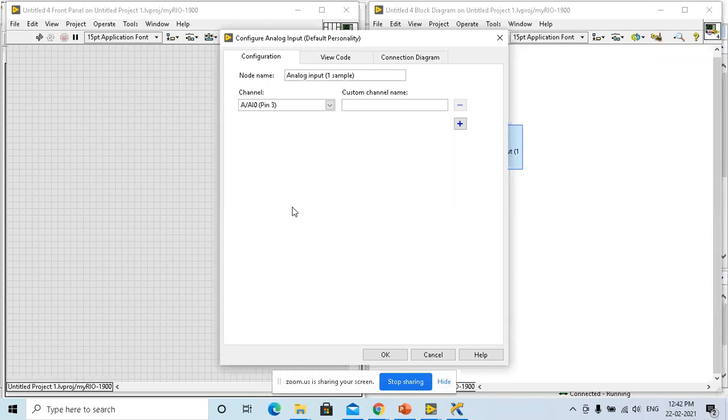Now I'm just going to acquire data from an existing 5-volt power supply here, and display it in this unit.